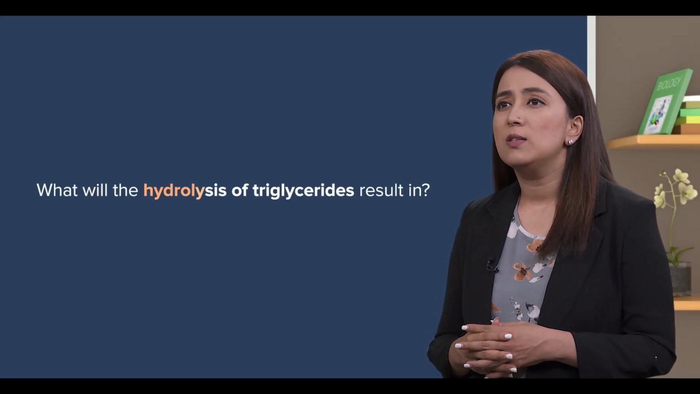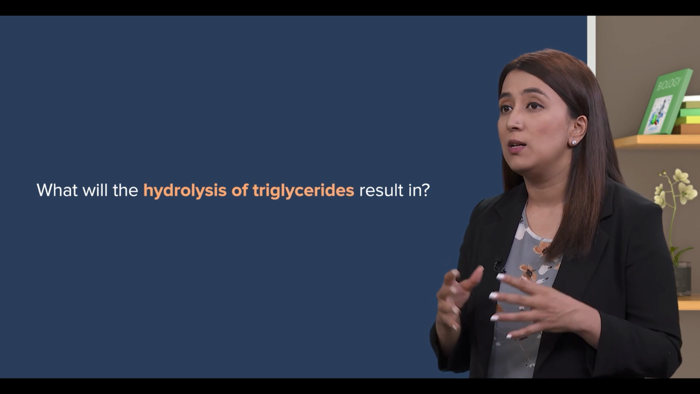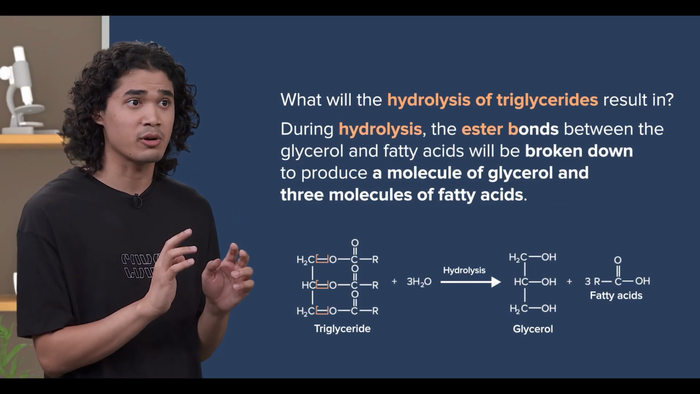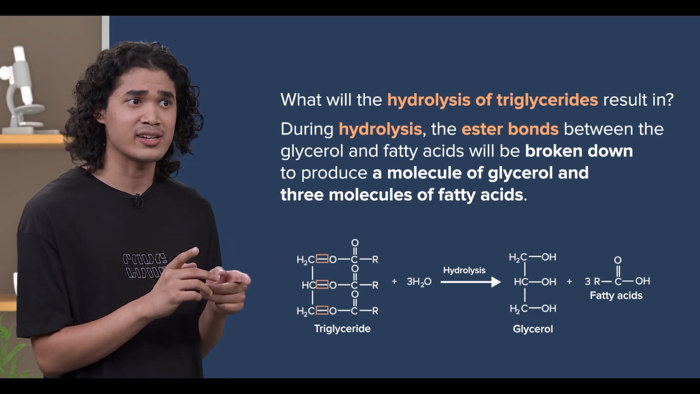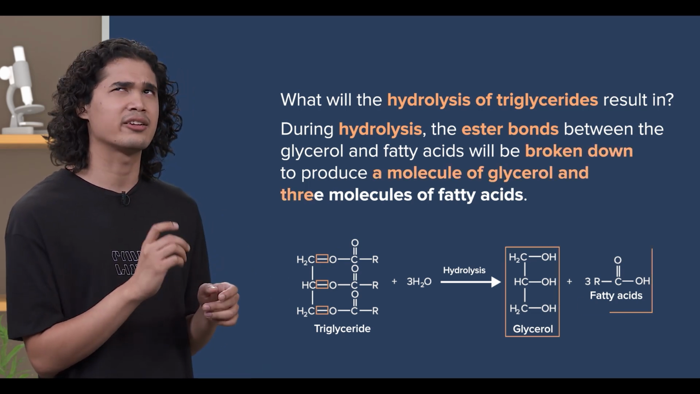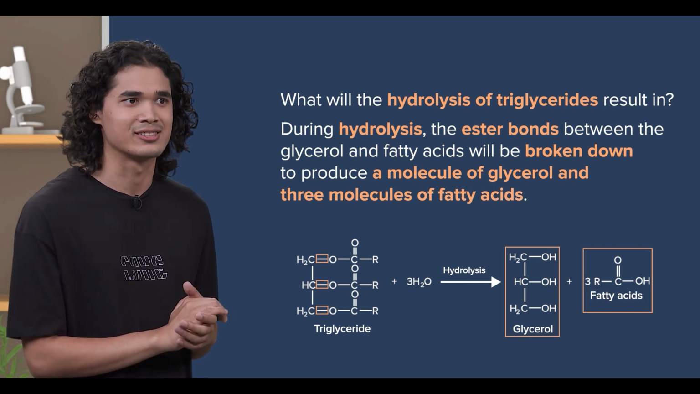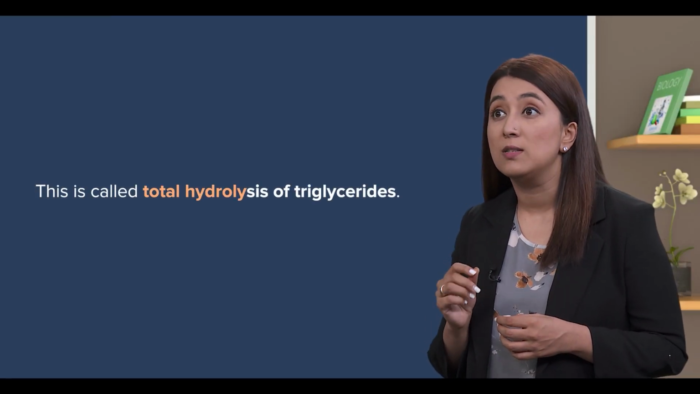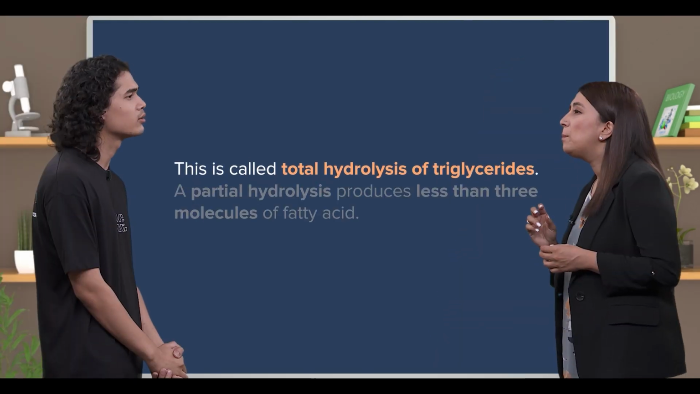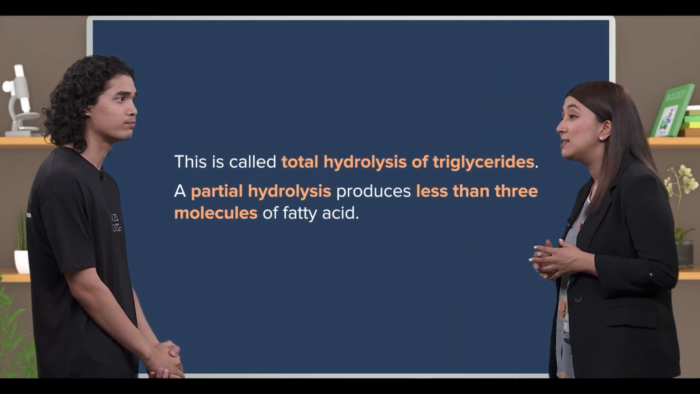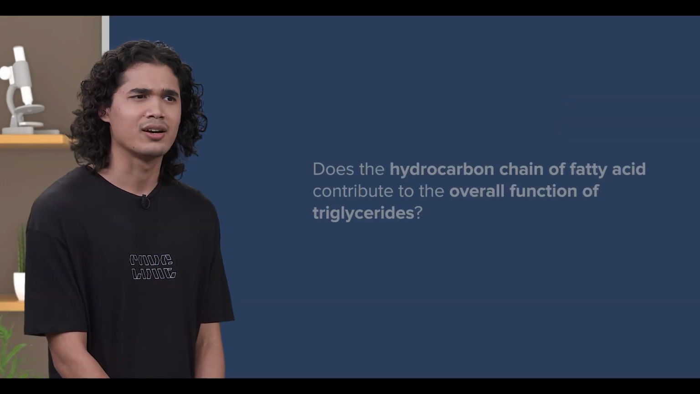What will the hydrolysis of triglycerides result in? During hydrolysis, the ester bonds between the glycerol and fatty acids will be broken down to produce a molecule of glycerol and 3 molecules of fatty acids. Do remember, what you explained is a case of total hydrolysis of triglycerides. A partial hydrolysis produces less than 3 molecules of fatty acid. Noted. Teacher,